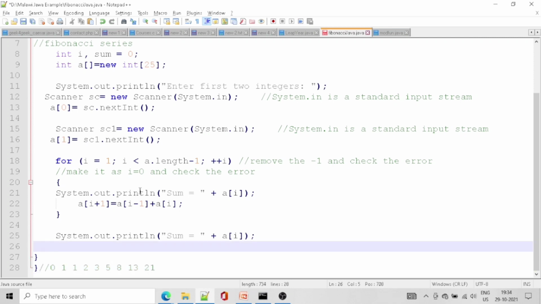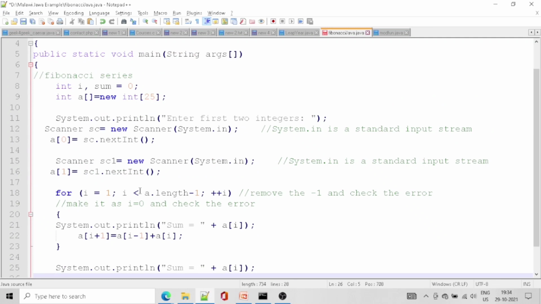What I have done is a little different from the old school Fibonacci series, because I created a difference in the coding part by getting the two numbers from the user.